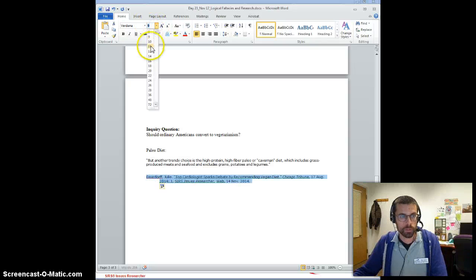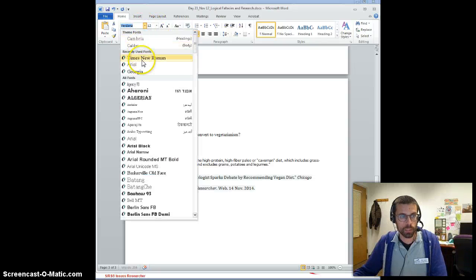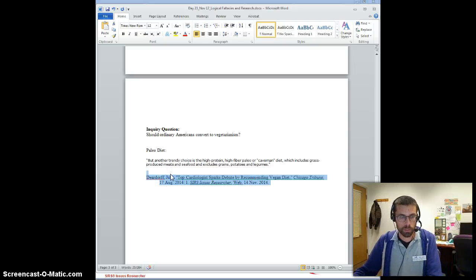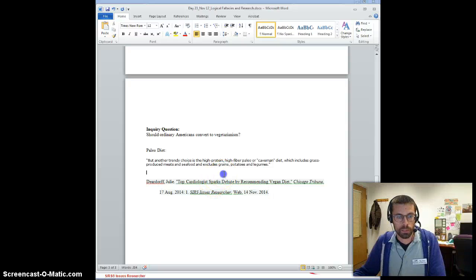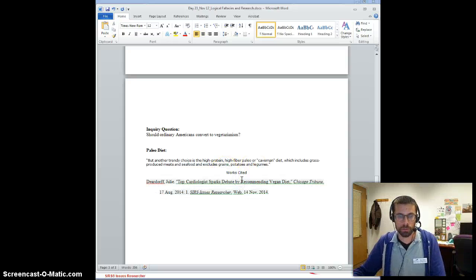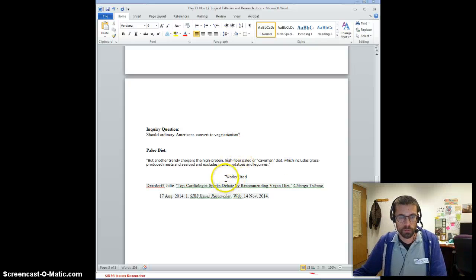So we'll flip it over to MLA format, get the spacing right, and it should be size 12. So that now I've got a beginning of my works cited page already going, and I've got different quotes on the paleo diet all under my citation page ready to go. Now as I get other quotes, I just will make similar works cited entries for each quote.